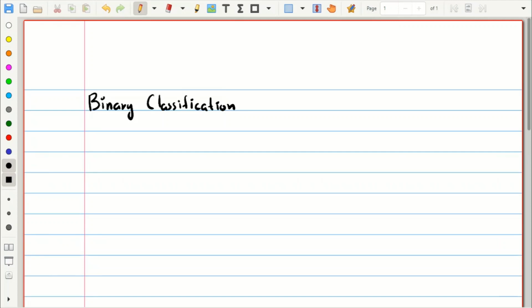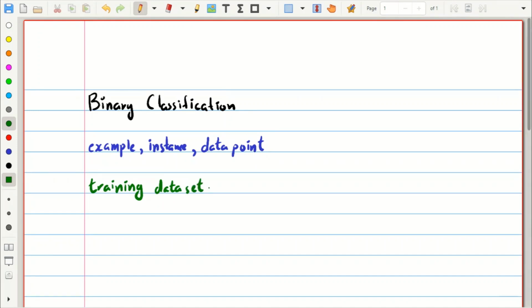So let us start. First of all, we know that in binary classification, what you have is some kind of example or instance or a data point, from your training data set. And your training data set will be a set. So I'm just going to make space for lots of data. I don't know if I'm going to be using all of that space or not. And your example would be